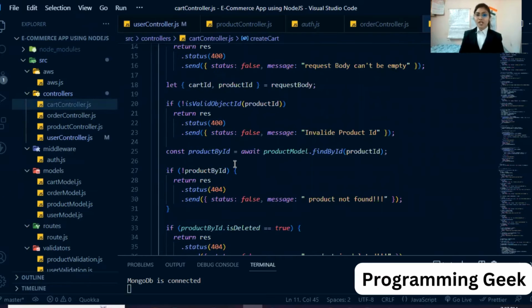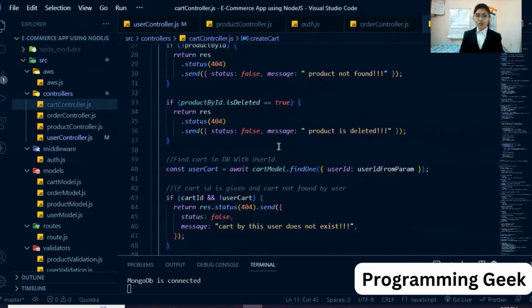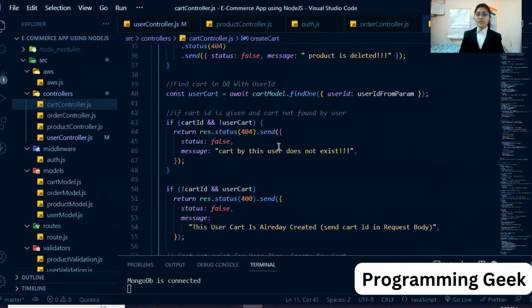Then whether the data is valid or not, like cart ID, product ID. If it is not valid, it will throw a message with a status code. Then we are fetching whether the data exists or not. If the user ID has no data in our database, it will simply print this message: cart by this user ID does not exist, with status code 404, that is a bad request.